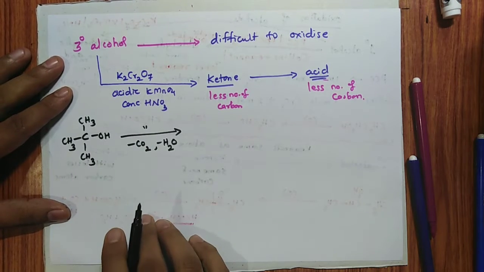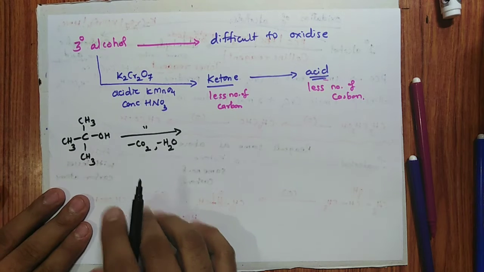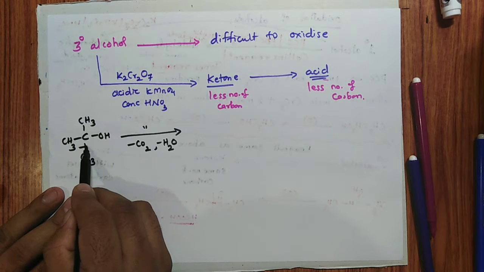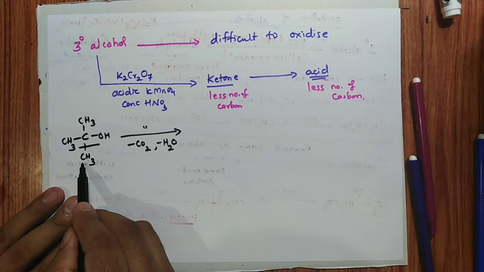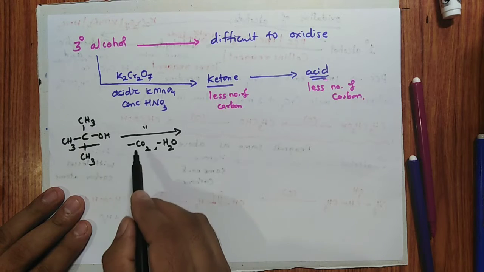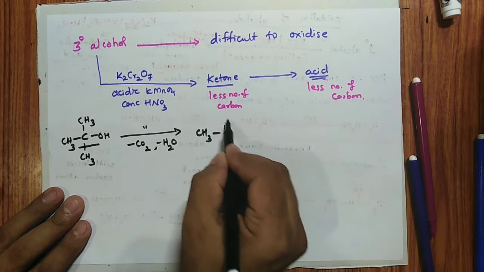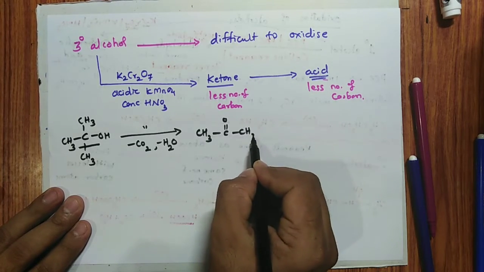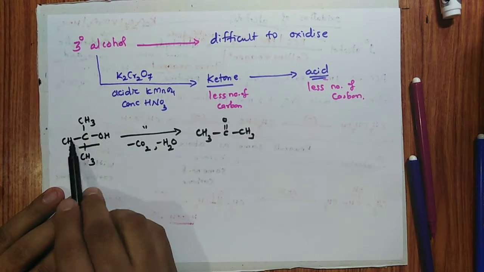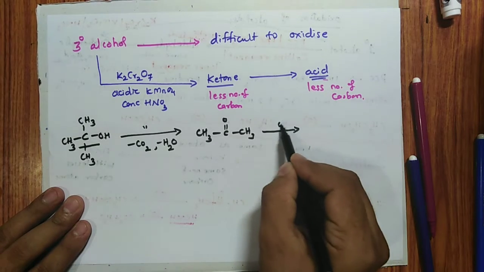Why have I written CO2 and H2O? Remember, here first this will undergo cleavage to form HCOOH. HCOOH forms CO2 and H2O. Remaining is, remember, CH3 C double bond O CH3. So this is CH3 C double bond O CH3. Then further oxidation